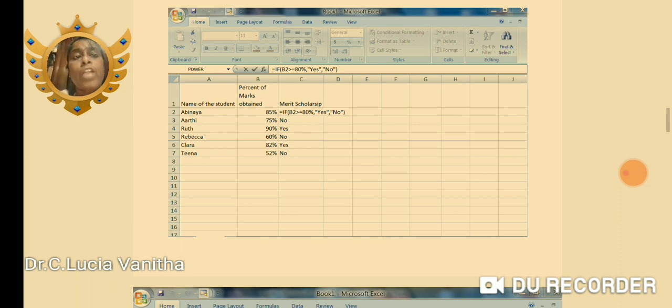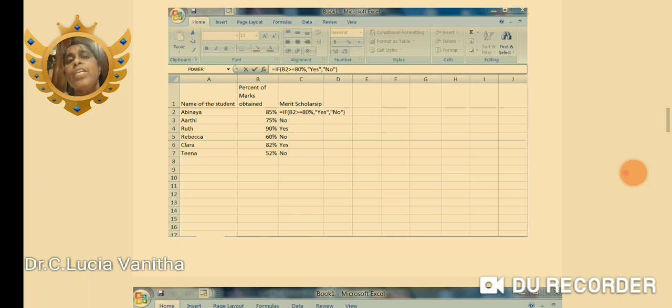So B2 is greater than or equal to 80 percentage. That is the condition. Comma, if that condition is true,